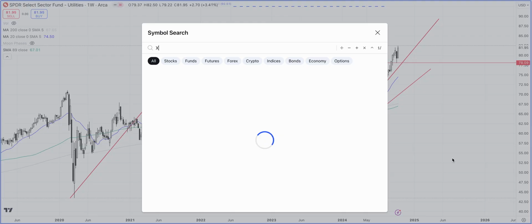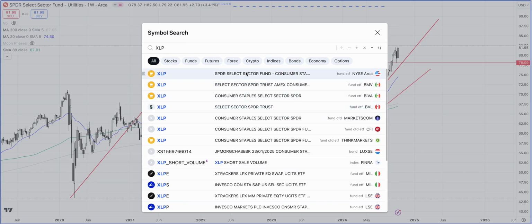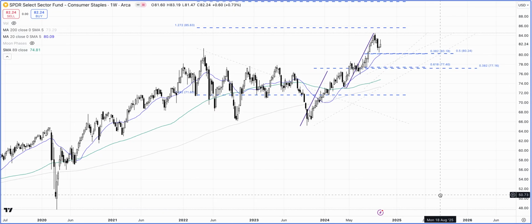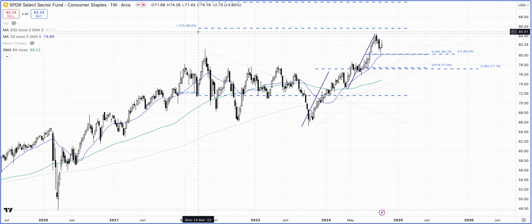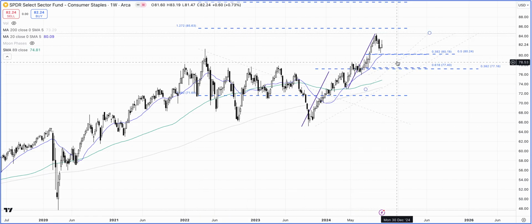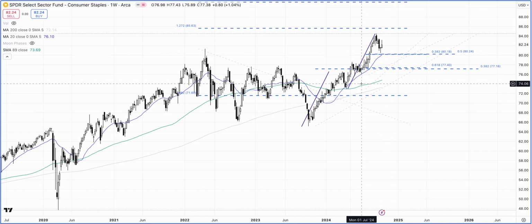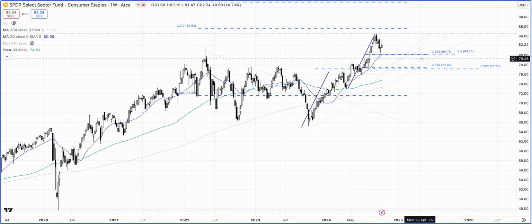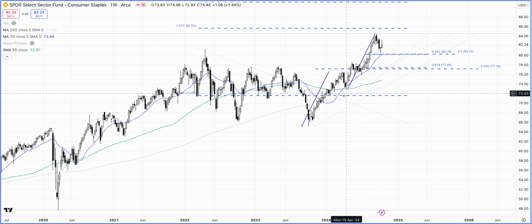Now let's take a look at the XLP, which is the staples, and the staples have also been stronger. They completed this ABCD, the purple one, and then pulled back right into, not exactly but very close to, the 80.18 mark. That also is a pretty good support because we have the 38.2% retracement of this swing low to high here, 50%, and then we have the 38.2% of this 15th of April low to the high of